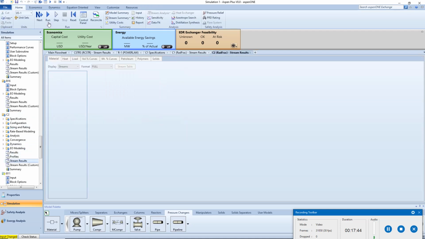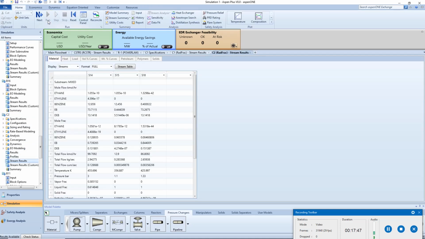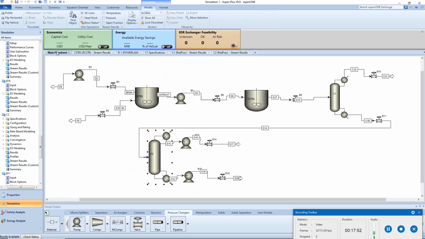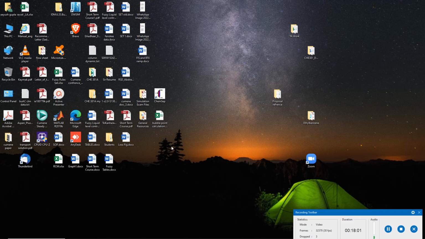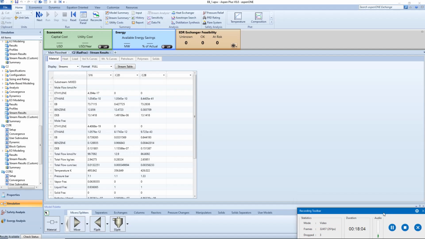Now run the simulation. After running it, as you can see, some ethyl benzene comes out to the distillate of the C2 column. After giving the parameters to C2, there is some ethyl benzene in the distillate of the C2 column. We don't want this ethyl benzene in the C2 column distillate,